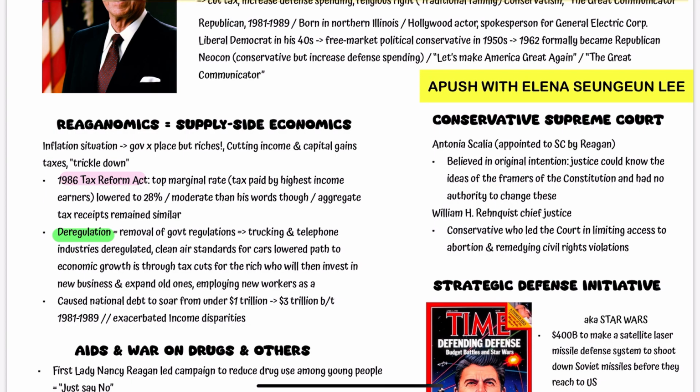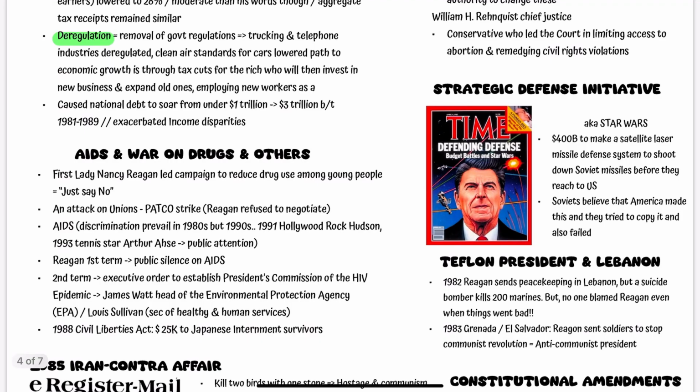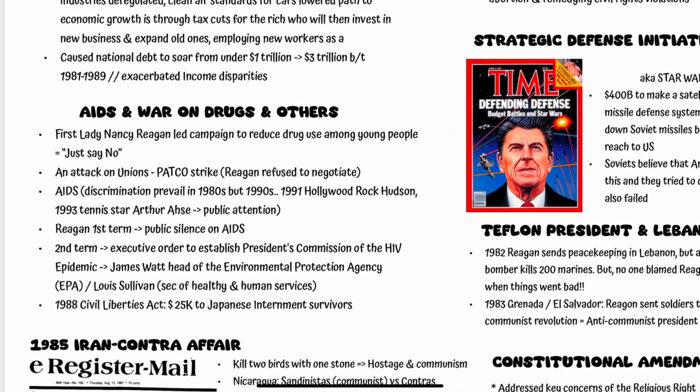So this would be, of course, the opposite of judicial activism, right? So it's really preserving the thing as it is. It's conservative, right? And also, there was William H. Rehnquist appointed as Chief Justice. And Rehnquist was a conservative who led the court in limiting access to abortion, remember Roe versus Wade, and remedying civil rights violations. And then Reagan's presidency was not without challenges because there were AIDS and the war on drugs